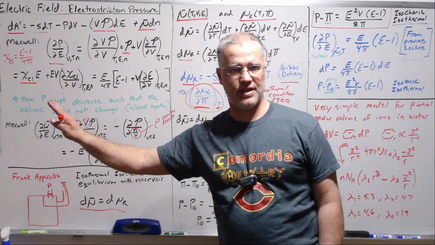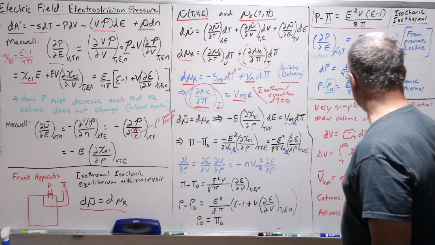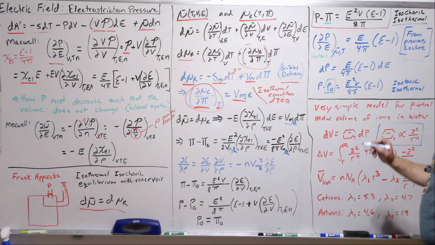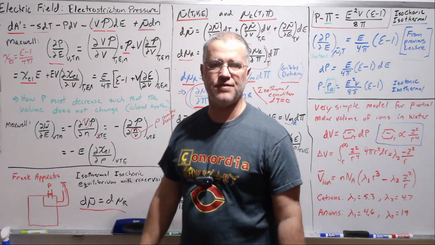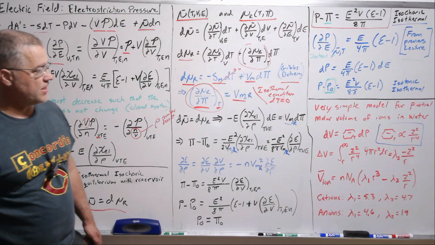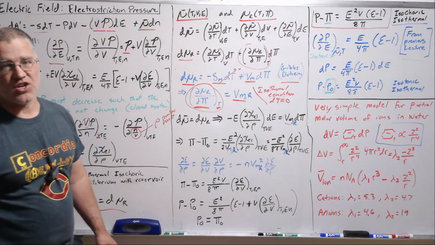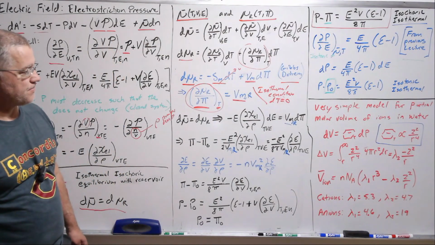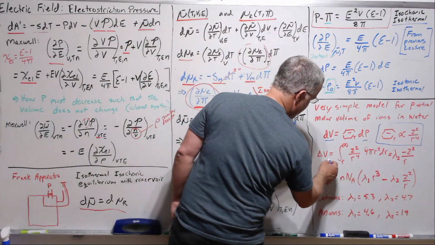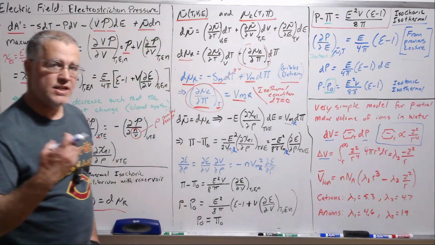So the formula that we got before is irrelevant to this. But there is some notion that a good approximation for the electrostriction around the ion is something that drops off as r to the fourth power. So we can integrate this up, this delta V, and this would be the change in volume due